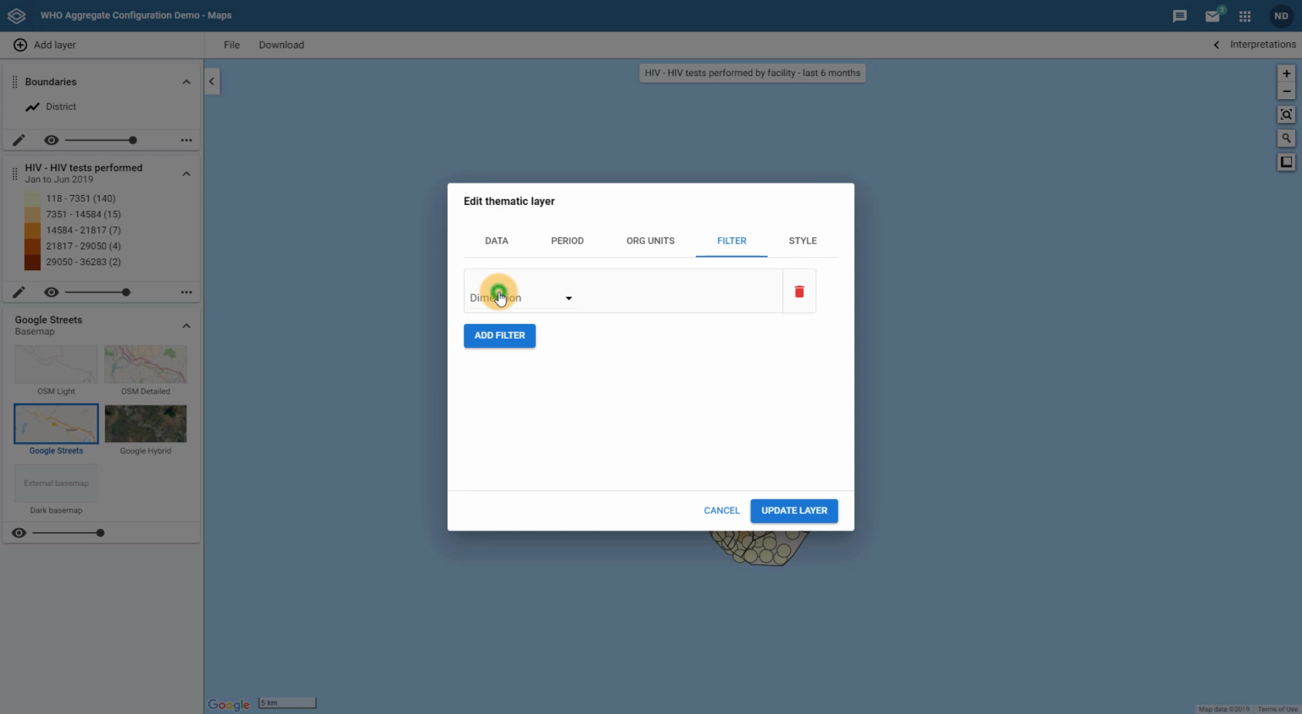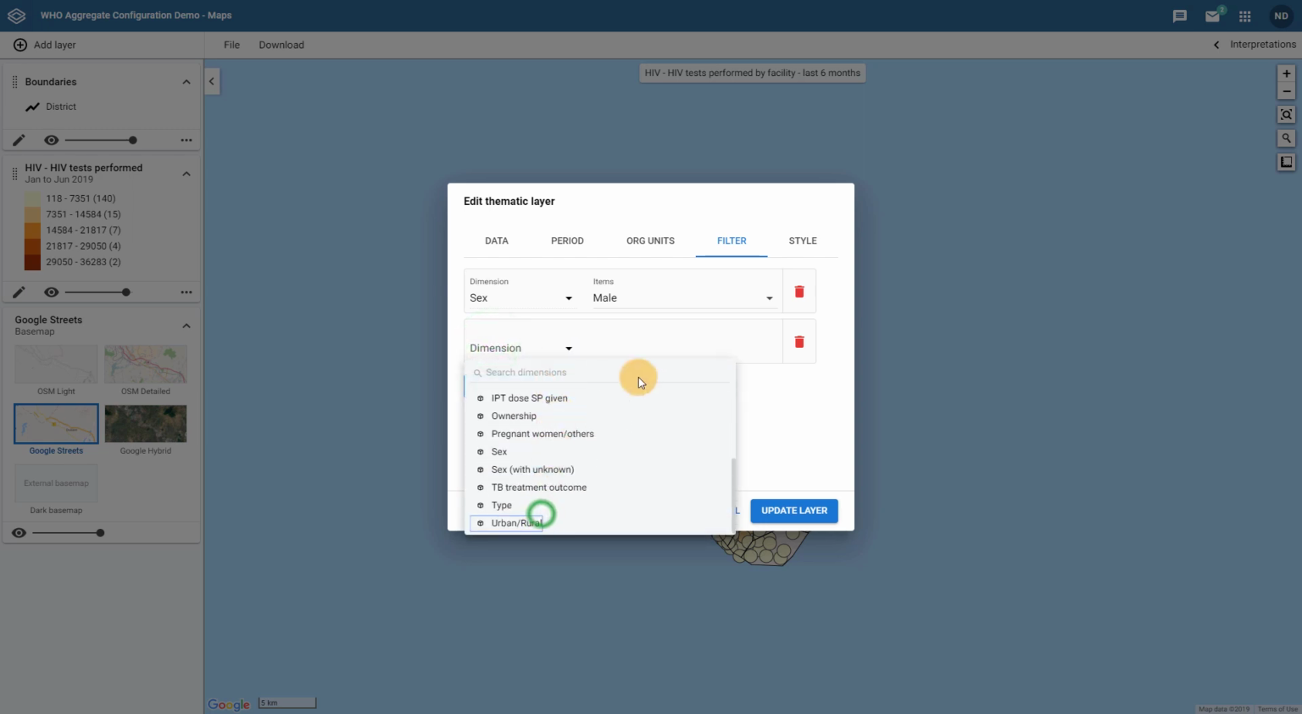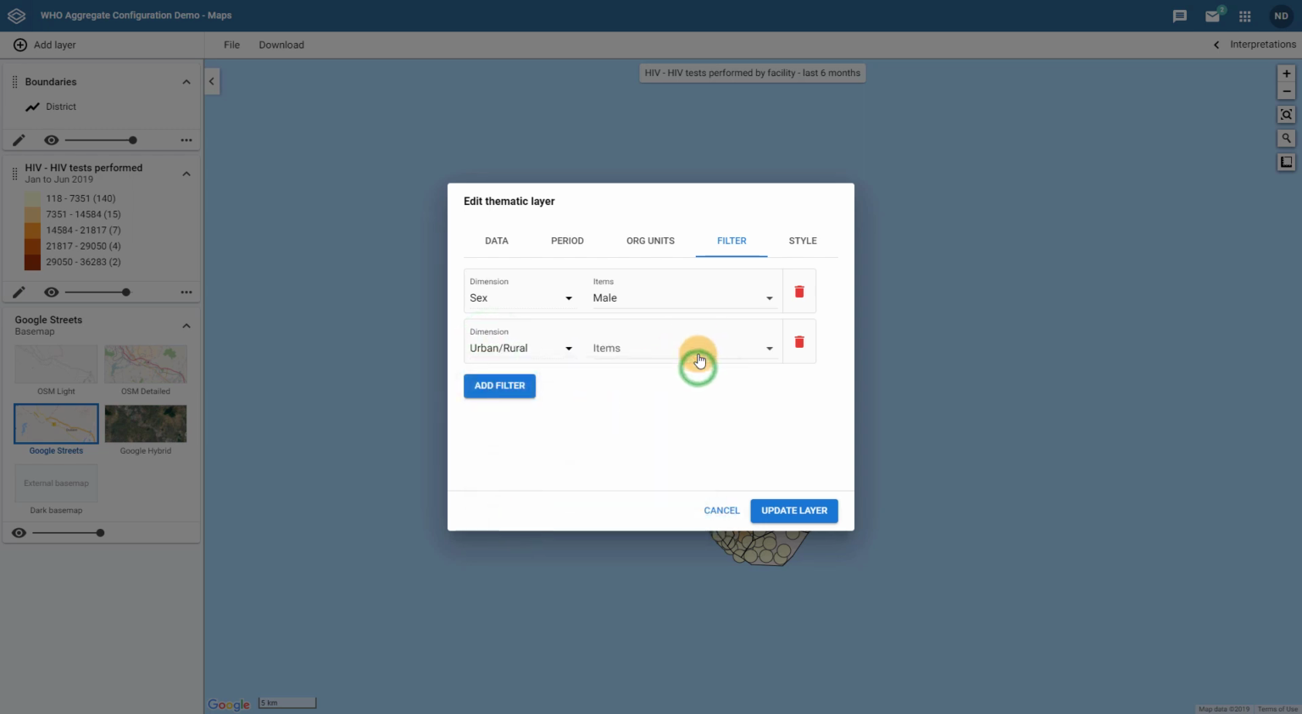If I select sex, I will then be able to select the individual disaggregations belonging to this item. I can select male, then proceed to add another filter. I will now use the Urban-Rural Organization Unit group and select Rural as my filter. If I proceed to update the layer,